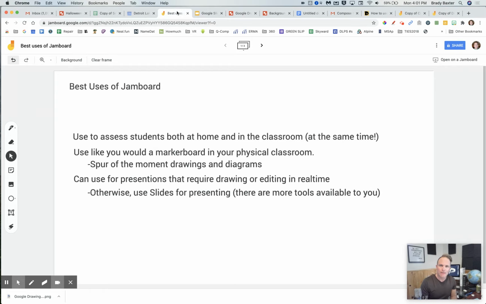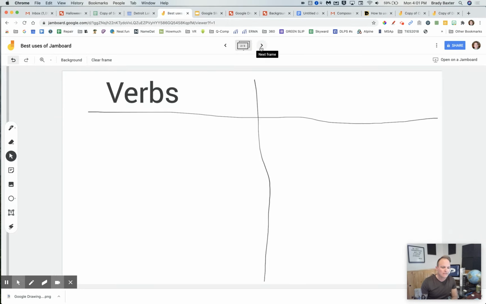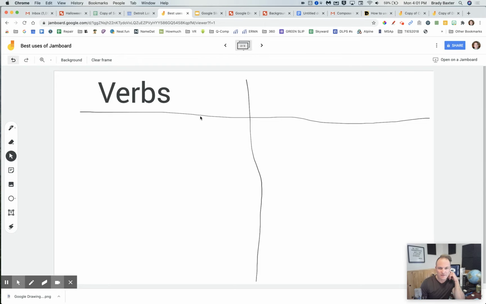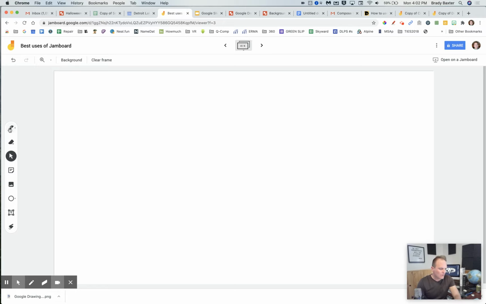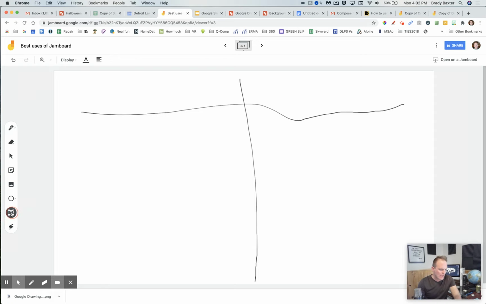Now, Jamboard. All right. So now in Jamboard, you could do a lot of things. Okay, you could actually do this type of an activity in Jamboard here, and it kind of works better than I thought it would. To tell you the truth, let's show you how I did this. Okay, we'll get to that one. Okay, so Jamboard, maybe you don't want to make a background. So, you want to make a background like I just showed you, and you just want to do that, and then click on